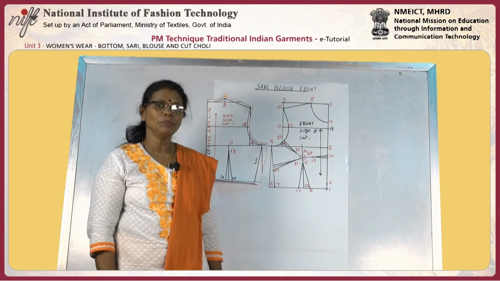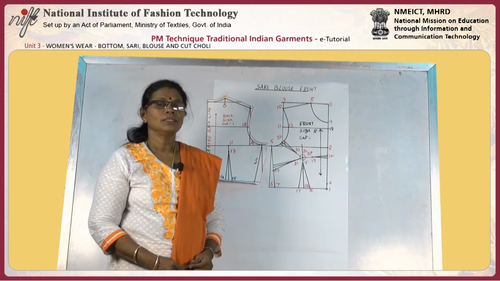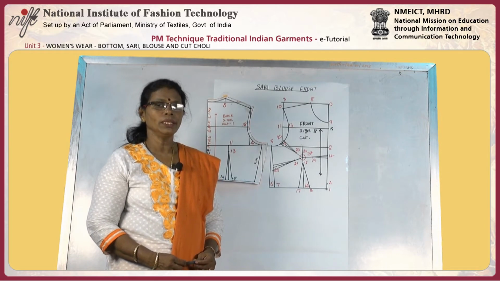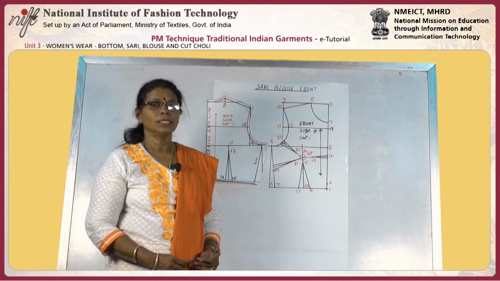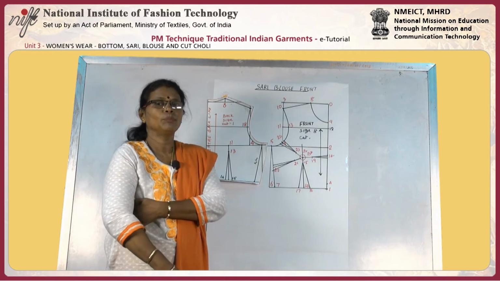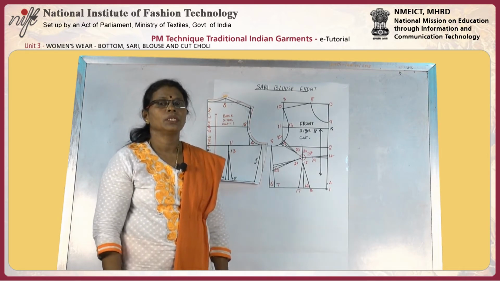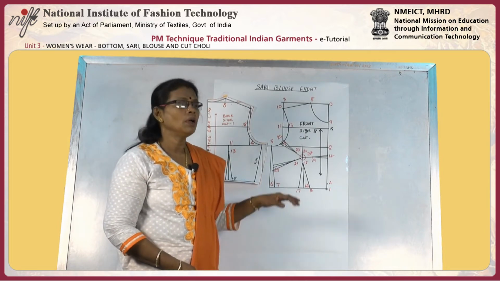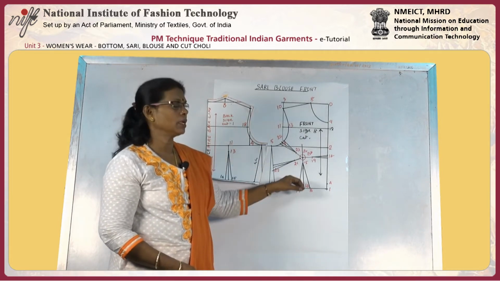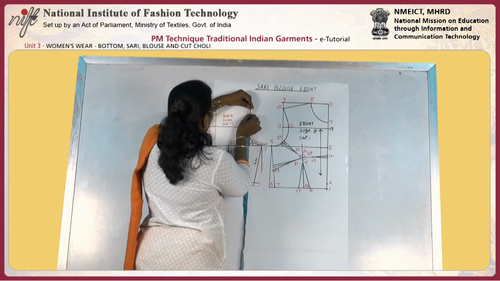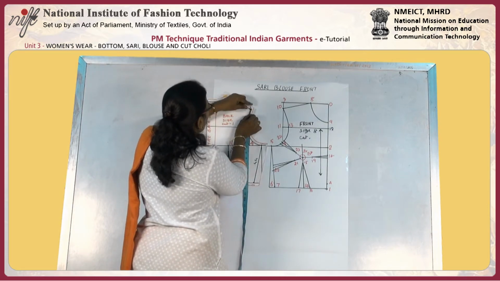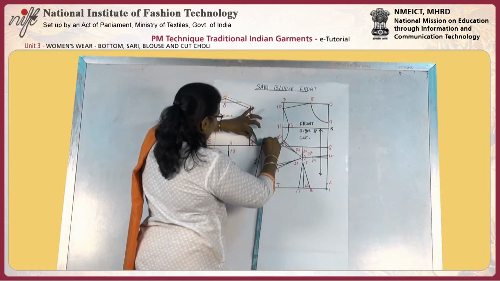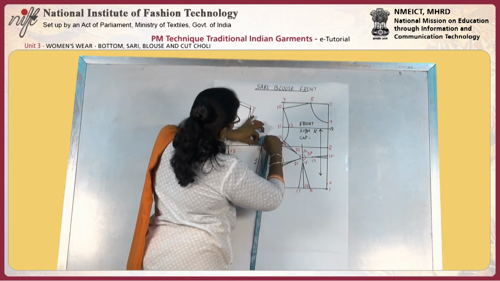To develop the sleeve, we need sleeve length, sleeve round and the armhole. Sleeve length is 8 inches, sleeve round at the bottom of the sleeve is 12 inch, and the armhole we need to measure from the pattern of the front and back. So, we need to measure the back armhole from the shoulder tip and along with the back armhole, it is 7